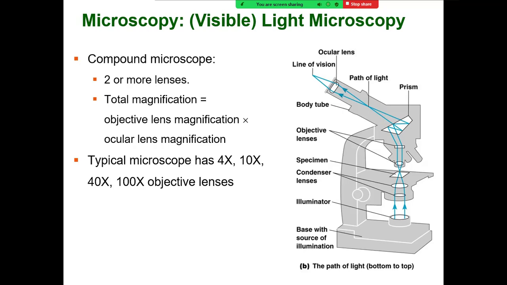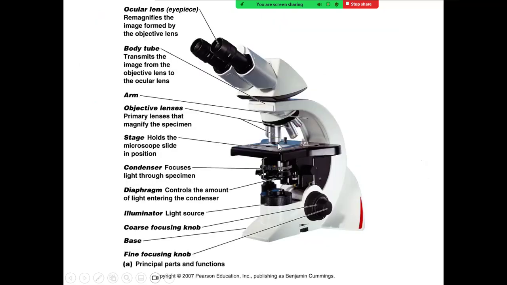We have an illuminator, which is the lamp where the light comes from, and then the base. You should know these parts of the microscope: the body tube or the arm, which you hold it by, the stage for holding the slide, the stage clips for holding the slide in place and moving it around, the stage controls,